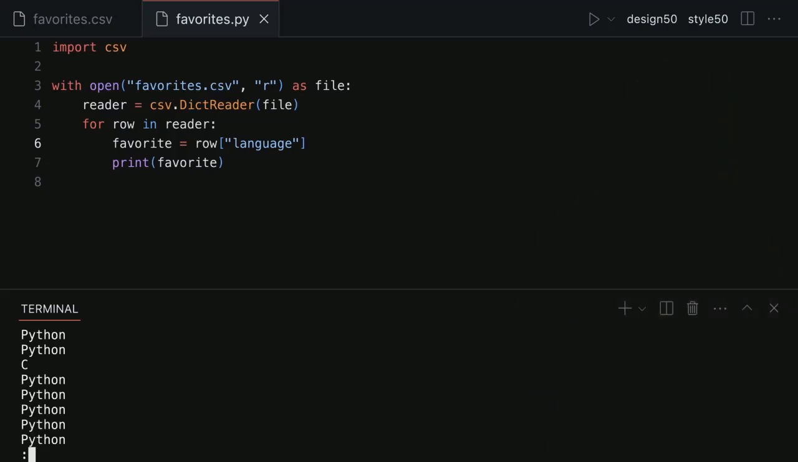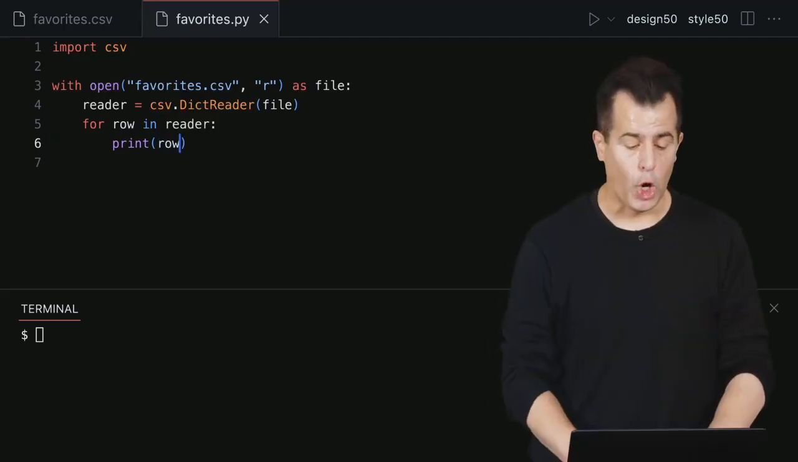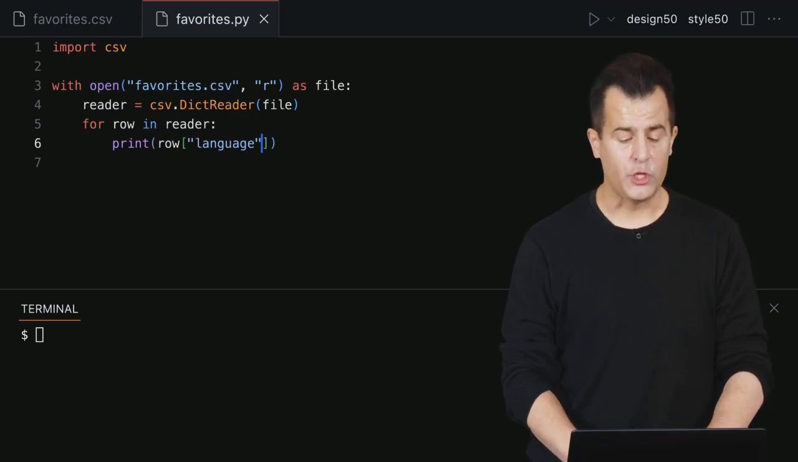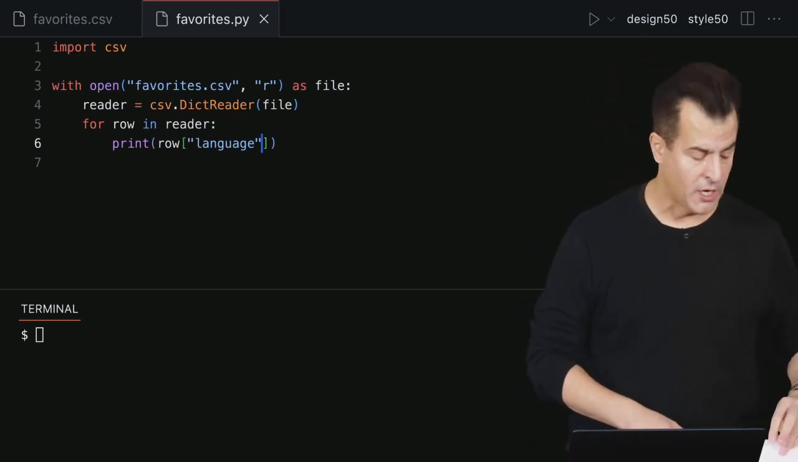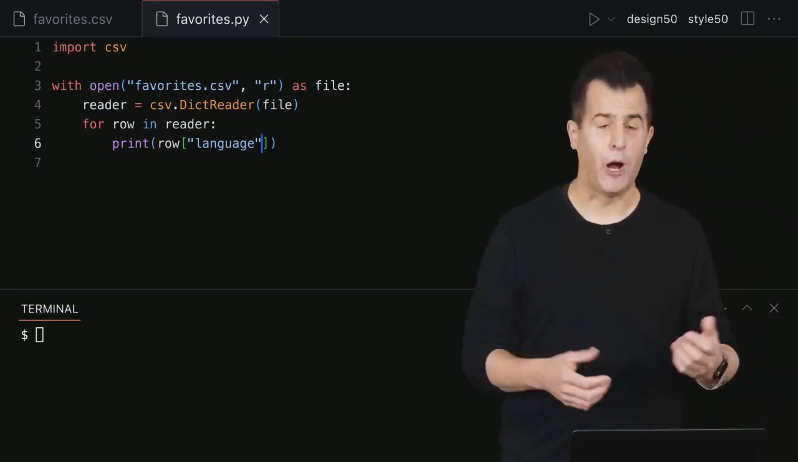Let's tighten this up again. I didn't strictly need that favorite variable. So let me go ahead and get rid of that and just more succinctly now print out row bracket, quote unquote, row bracket. I'm confusing the two. Row, quote unquote, language to print out this current row's favorite language. So fairly straightforward there. But now let's actually solve a more interesting problem, because at the end of the day,